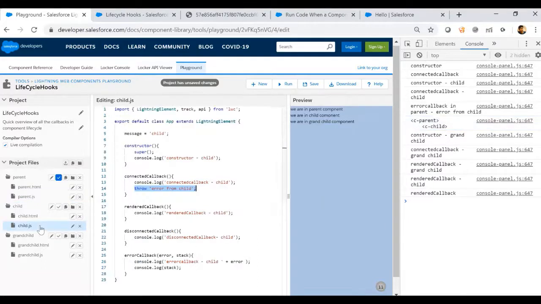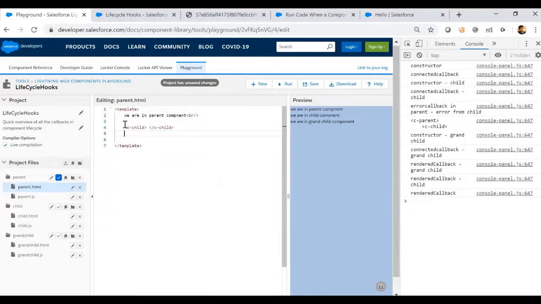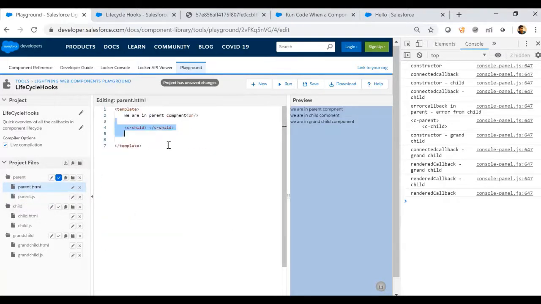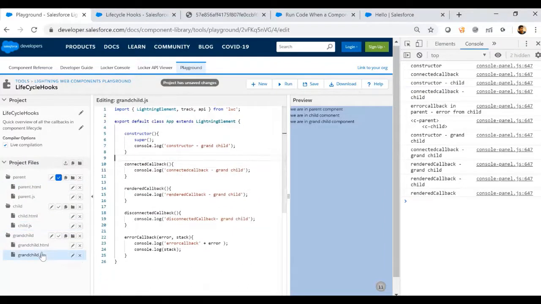And it didn't stop there. It continued to execute the remaining steps, so basically we handled that error. If you want to handle such messages, we can set some properties in error callback, and we can use our directives, if else, to play around with that, so that we can show what is happening, and users will not be surprised when they see some features not properly rendered. And the remaining lifecycle still continues, and there is nothing special there.